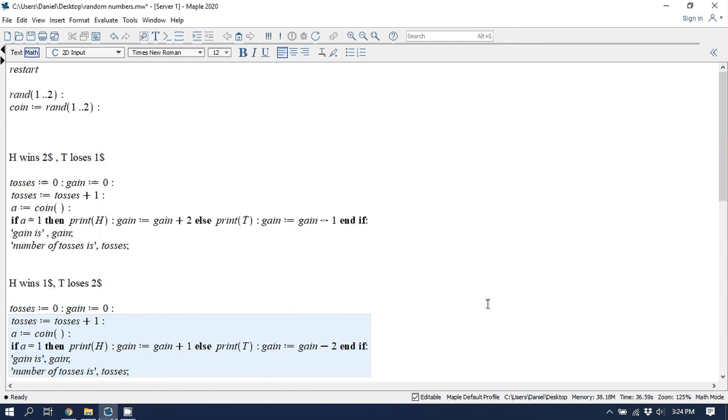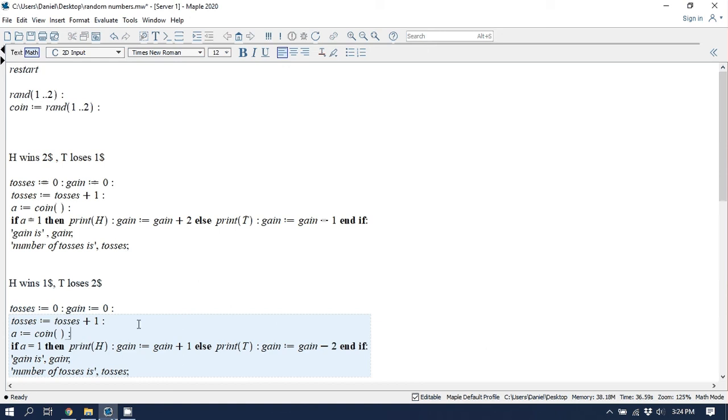All right, so let's go over a couple of examples with Maple. What I'm going to show you is essentially the simulation of rolling a die or tossing a coin repeatedly. So let me explain a couple of things, so you understand what you're going to see